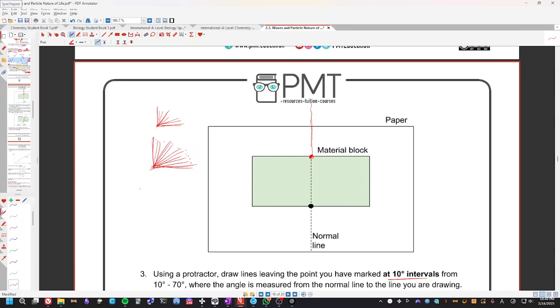Where are they? 45 degrees. The two other lines. Then no, he said to always do the